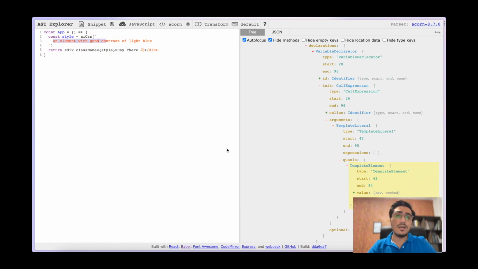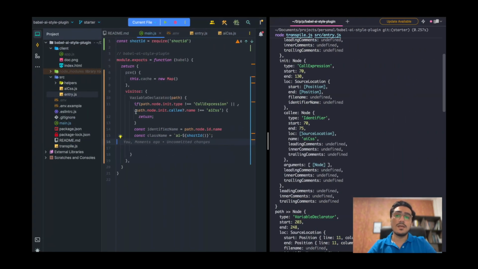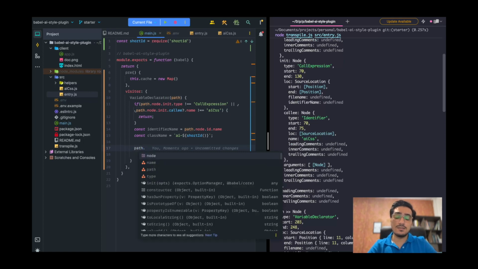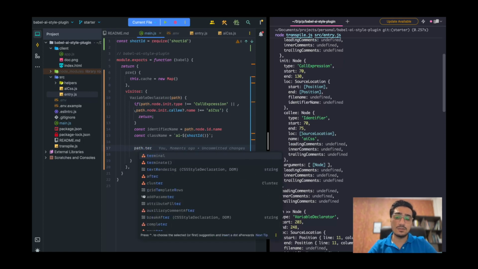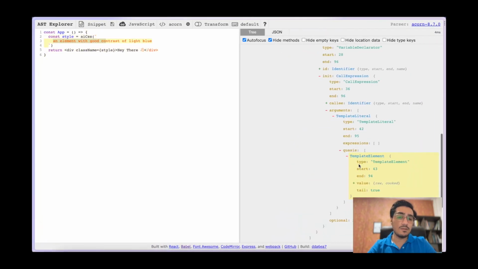So in this case you can traverse inside the visitors with another method of path, and it's called traverse. So I'm gonna use traverse here, and for this one I'm looking for TemplateLiteral